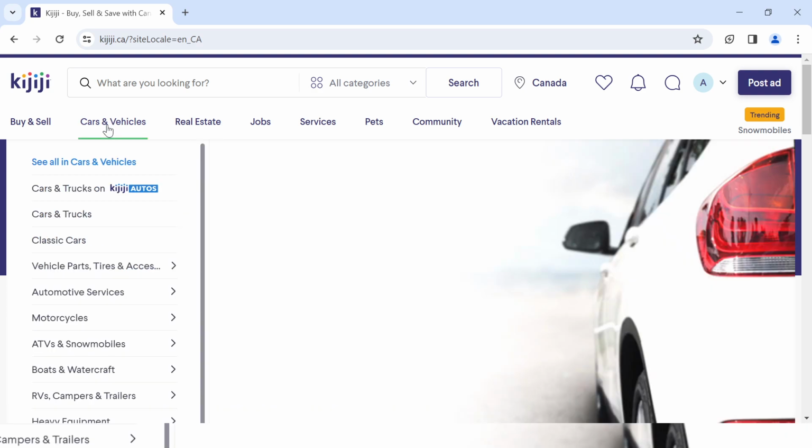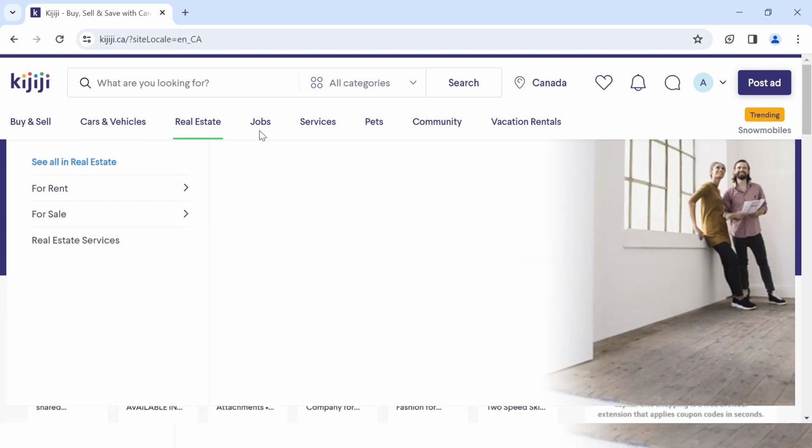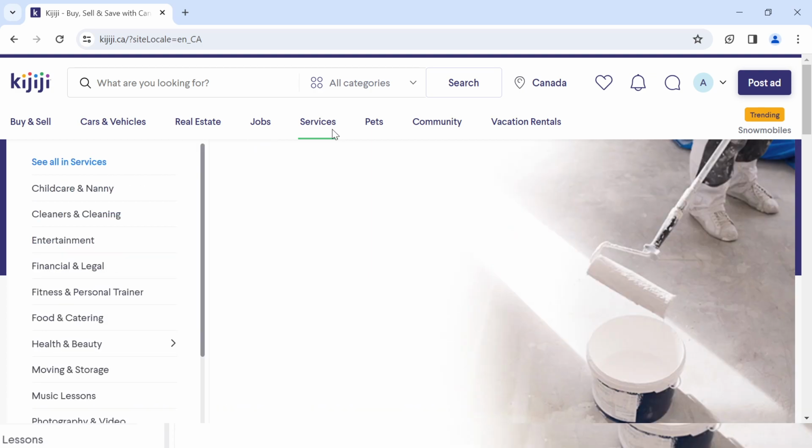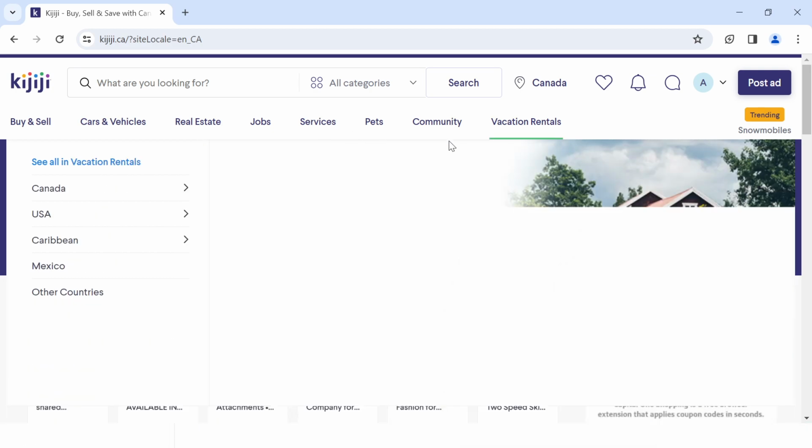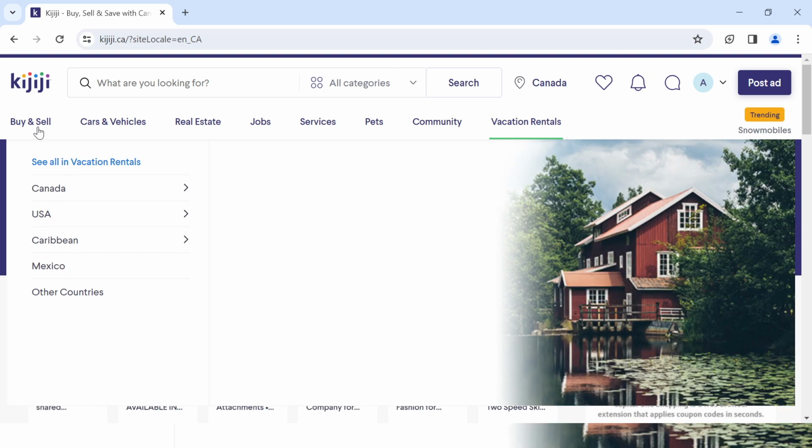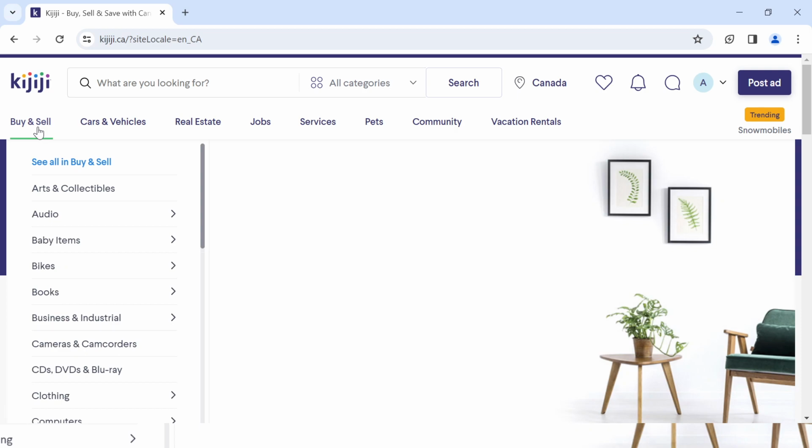You have the option cars and vehicles, real estate. You can buy and sell cars and vehicles. You can buy and sell real estate on Kijiji. You can also search for services, pets, community, vacation rentals, and so on in Kijiji. So since you want to learn how to buy products in Kijiji, you can click on the buy and sell